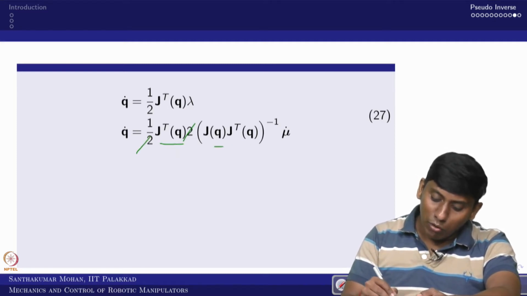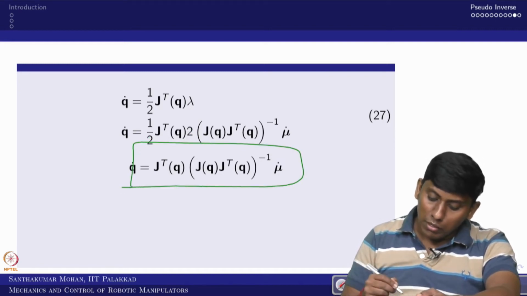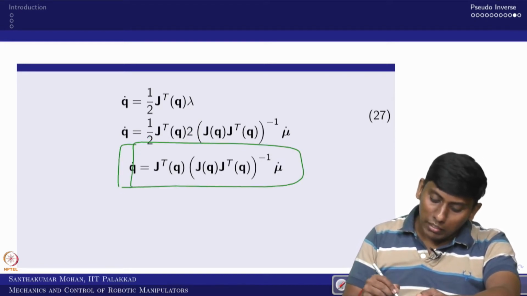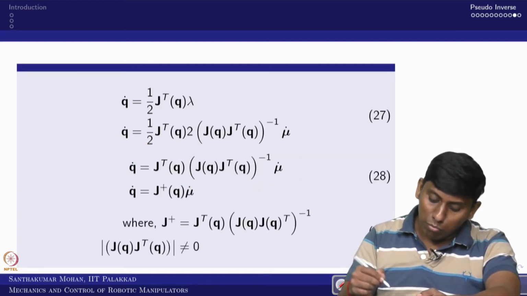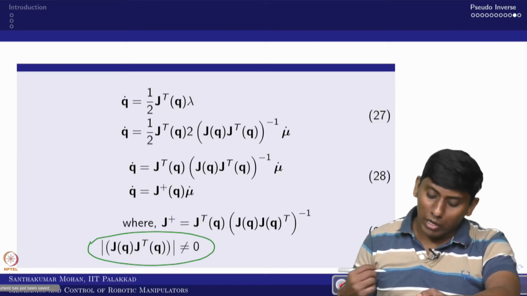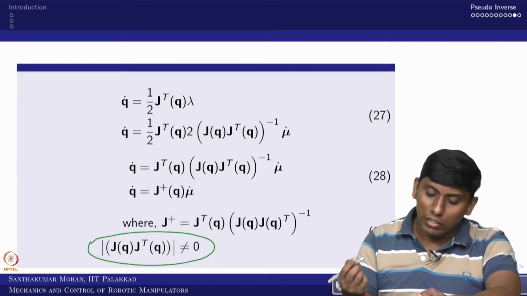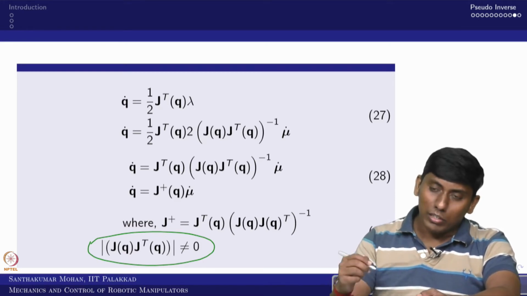So you can see this looks like a right inverse, right. That is what you can see, provided this determinant is non-zero, right. That is what we have written. So now what we have done, we have taken the left inverse and right inverse, and everything is done, and we have seen it.